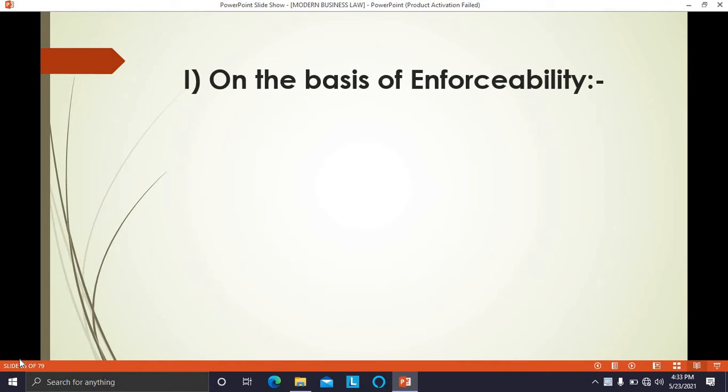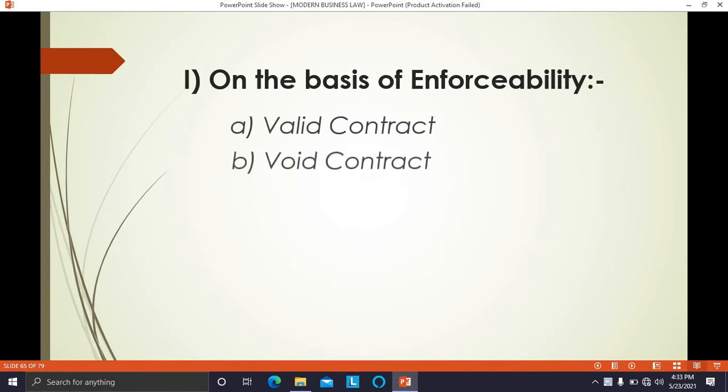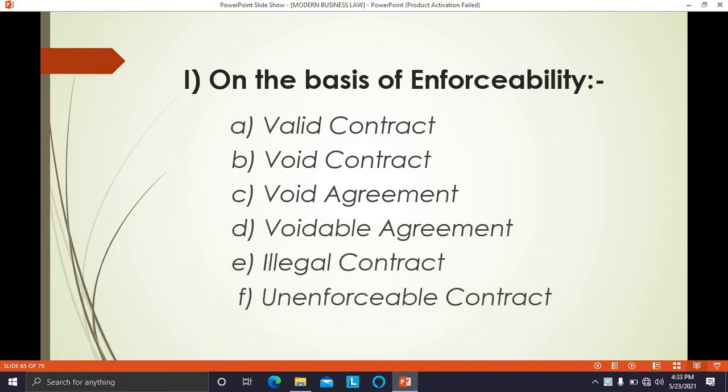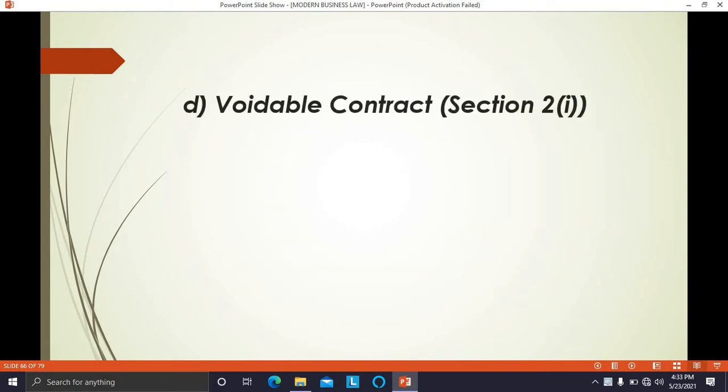In our previous class, we have seen that contracts are classified on the basis of enforceability into six types. In that, we have discussed valid contract, void contract, and void agreement. Today, in this class, we are going to talk about the rest of the types of contracts on the basis of enforceability. So that is,